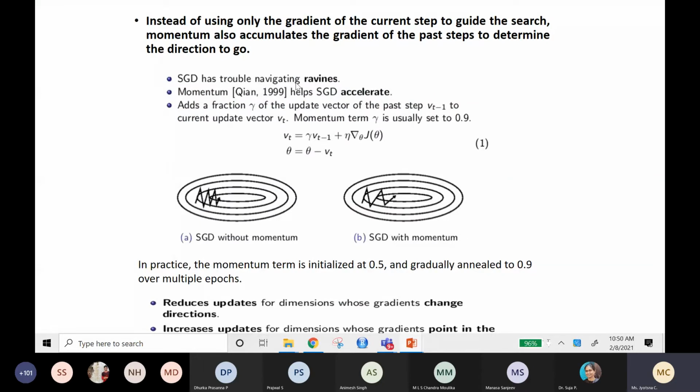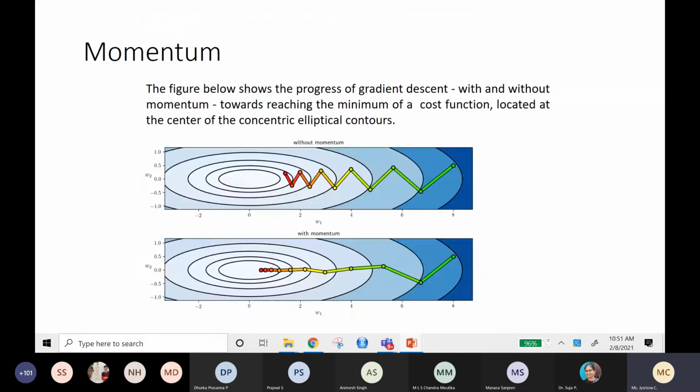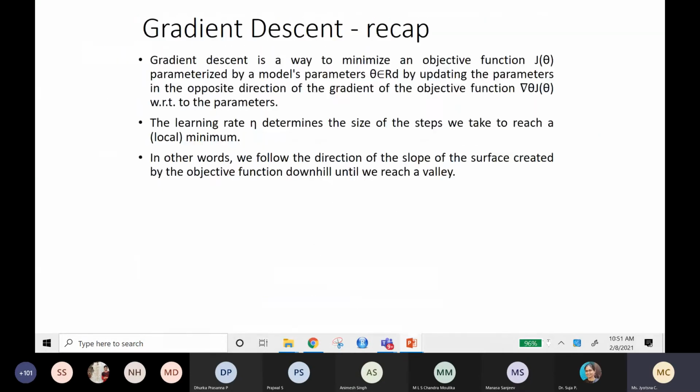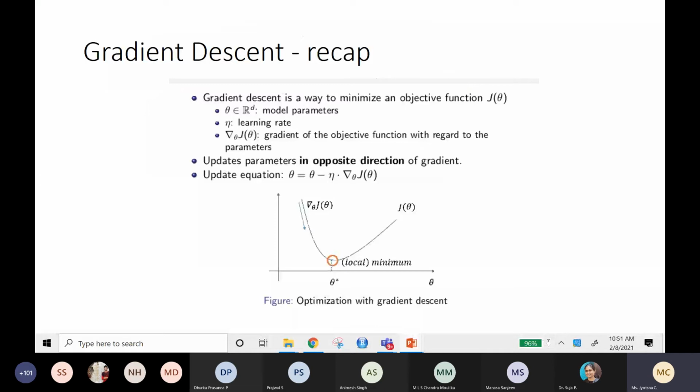In the case of gradient, what we were doing, we were considering the gradient of the past steps. Yes or no? The past step's gradient. What is the formula? You remember the formula, right? Theta is the new weight. When you see multiple textbooks, maybe there will be a change in the equation. Instead of theta, maybe W will be given, but understand the concept and relate it. So theta, that means new weight, is equal to old weight minus learning rate into gradient.